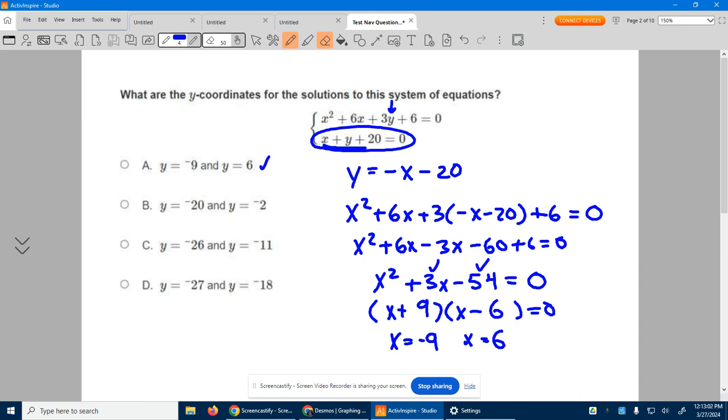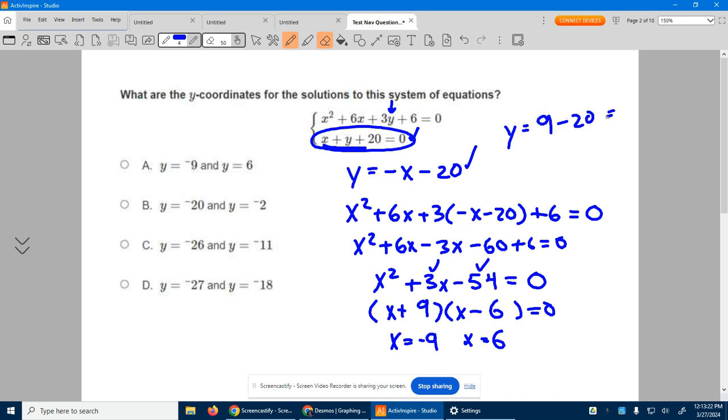And we want to jump and grab the answer here. But wait, those are x's values, right? We want the y values. So I'm just going to come back to this rearranged equation I have right here. So y is equal to the opposite of x, the opposite of negative 9, which is positive 9,